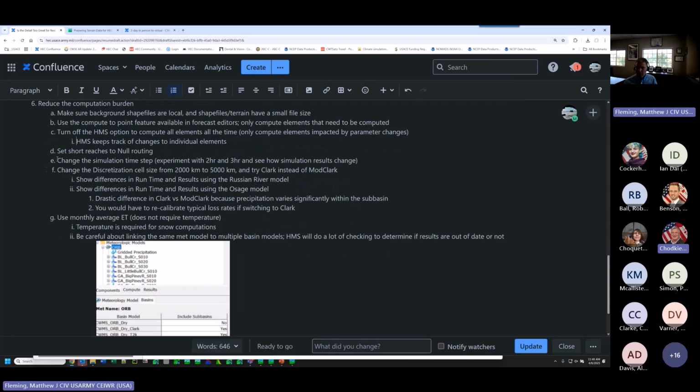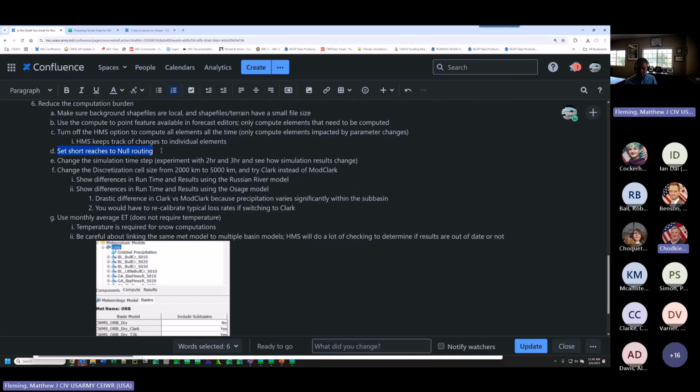All right. One thing that could help you, I've noticed a lot of models, when they were handed over, had really short routing reaches in there, Muskingum-Kunz routing reaches, and the reach length might be less than 10,000 feet. In the grand scheme of things, if you look at the routing results from that reach that has a really small distance to it, you're going to see very little attenuation and lag. You're going to save yourself some simulation runtime if you just change that routing method from Muskingum-Kunz to